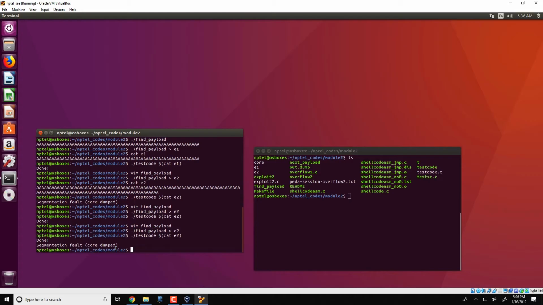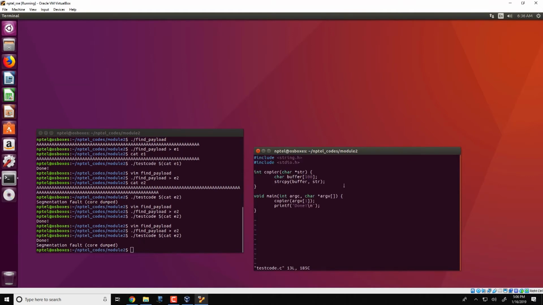Therefore, after the copier completes its execution, we note that the frame pointer present in the stack has been overwritten, but not the return address. Therefore, the return can come back to the main and printf done would get executed. However, since the frame pointer has been modified, the main will not be able to exit cleanly, and that is why you obtain a segmentation fault after